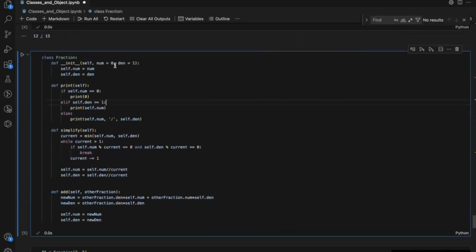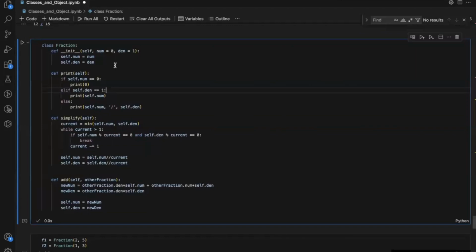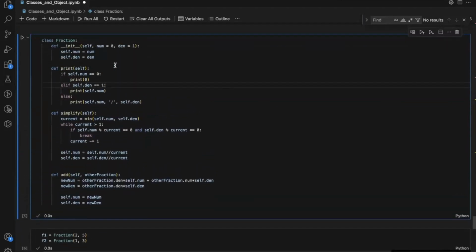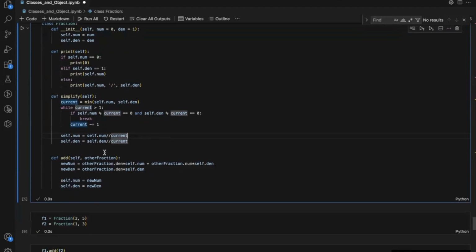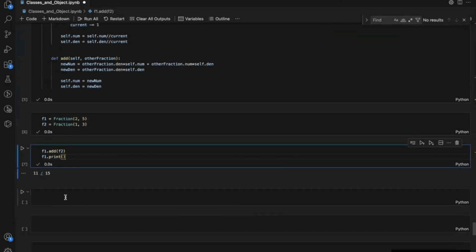Fine, so let's use this. Sometimes Jupyter Notebook does these things, so don't worry. Let's see, can you hear me now? Yeah, so everything is the same. Nothing I have changed here. Everything is the same, I suppose. Other fraction dot denominator into self dot num plus other fraction dot numerator into self dot den. This is also the same. And simply when I am doing this, I am getting